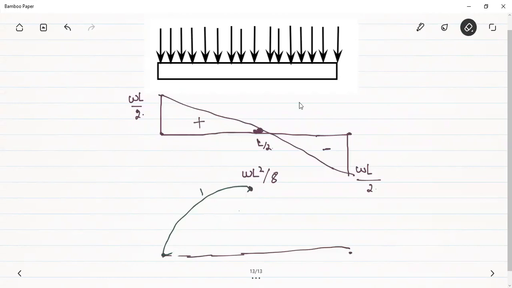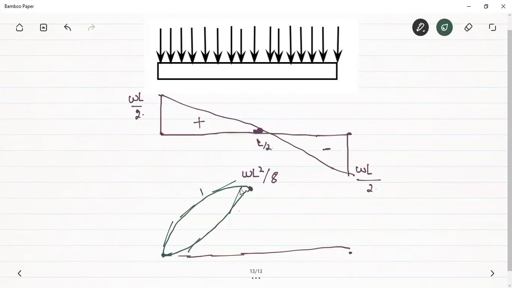In the first one, the slope is decreasing. For the second parabola, the slope is increasing, isn't it? How will we find the slope? Draw the tangent. See here, the slope of the tangent is decreasing. So first parabola is of the decreasing slope, and second is of increasing slope. Draw the tangent. Here is less slope. Here is more slope. So its slope depends upon the variation of the shear force from A to midsection.